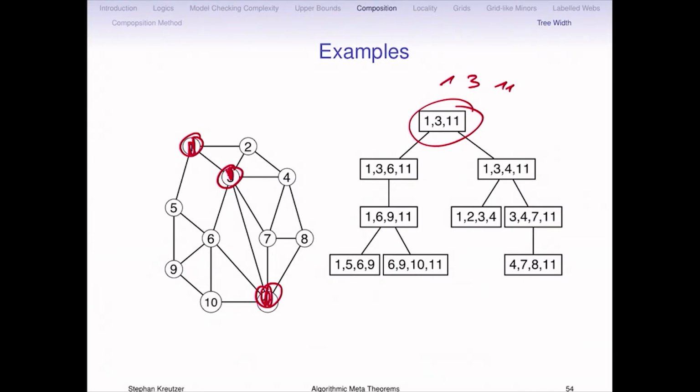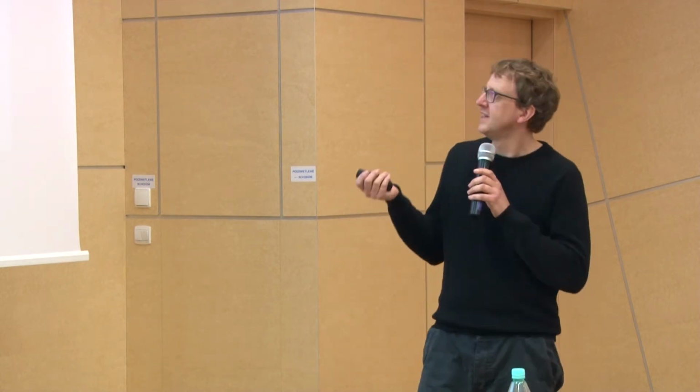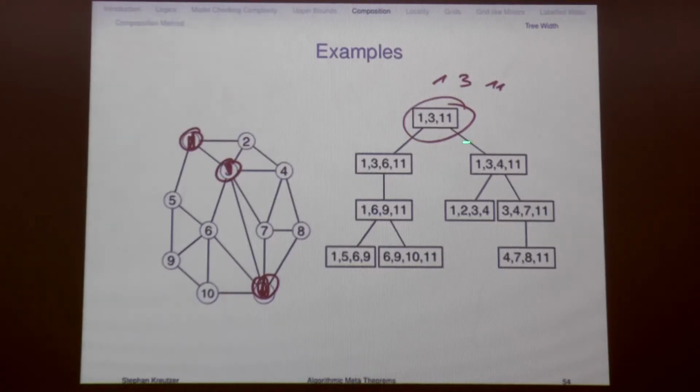If you delete, for any node in your tree decomposition, the vertices from your graph, you disconnect it into two parts, which correspond exactly to the subtrees of your tree. So basically it has exactly the same properties as we have for trees, except that now, instead of a single vertex at the root, you have at most k vertices at the root. But you can do the same model checking algorithm.